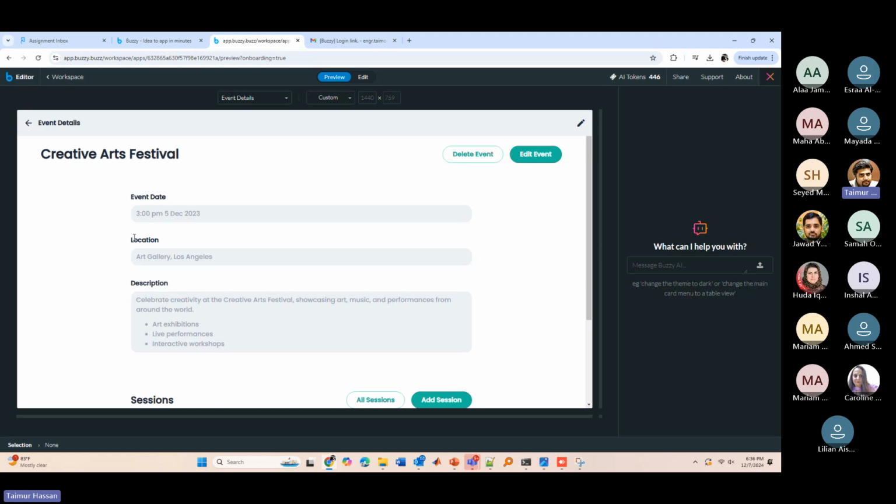Now in this application, in this certain event, this is the time of the event. For example, this event is going to occur on 5th December at 3 p.m. This is the location. Now, when I click the location, it's just the name of the location. I want to see the exact location on a Google map when I click the location. So this functionality is missing here. I can ask the AI to add the functionality